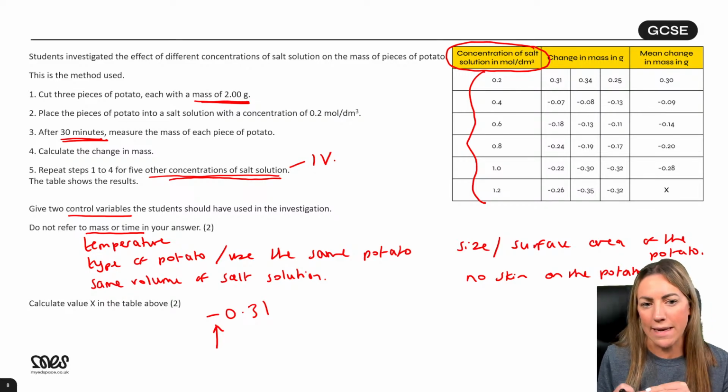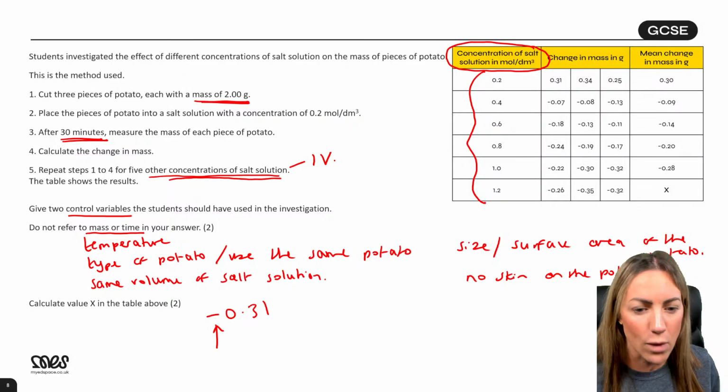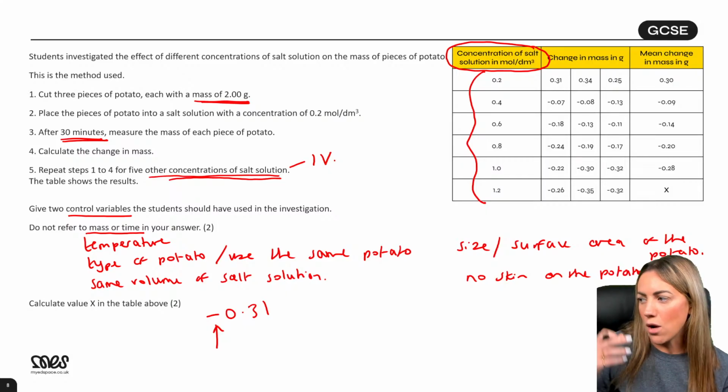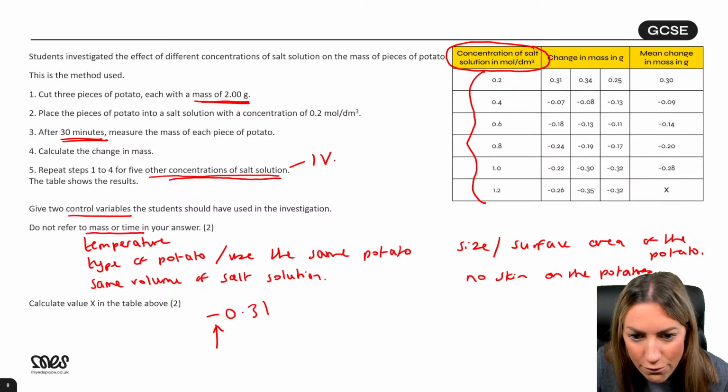So it's either going to be, is there a result that's way off and doesn't fit the pattern, in which case it's an anomaly, you don't include it. Here, if you look at the other answers, they have included all 3 of the results in their mean calculation, even when some of them are quite different. So it's not that they want you to discard an anomaly, it's you're getting a second mark because it's a minus, and you've got to put the minus basically in front of your answer.